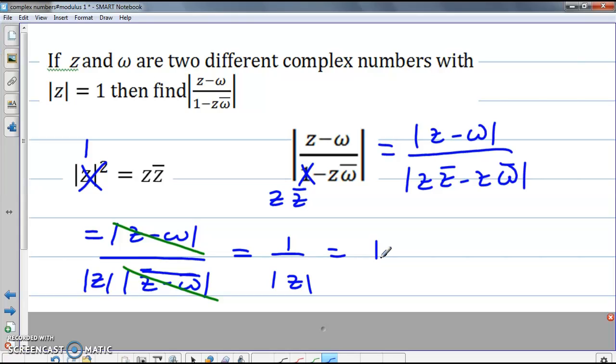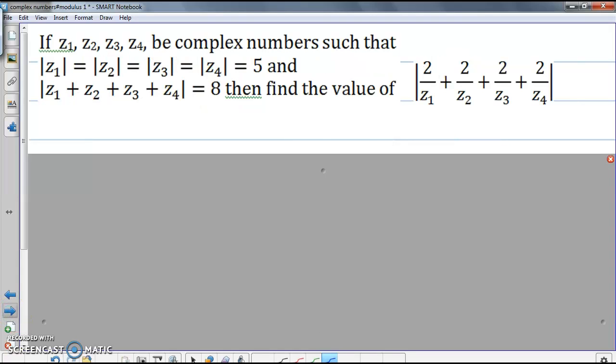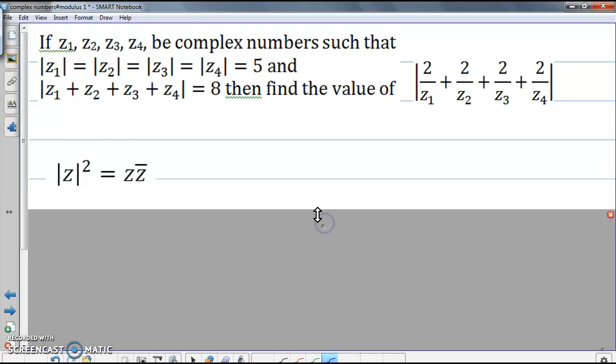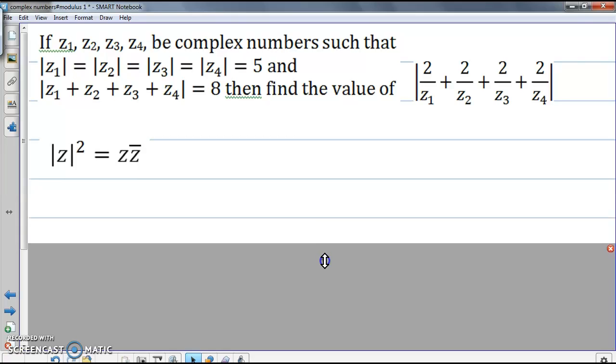Alright, next problem. In this we are given 4 different complex numbers with their moduli equal to 5 each. Now again, if we use this property, mod z square is equal to z conjugate, for each of these 4 complex numbers, what we get